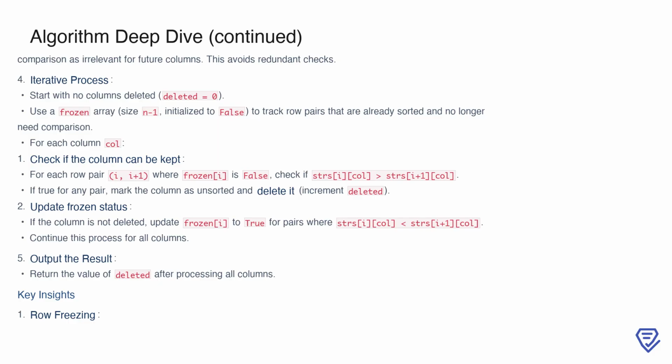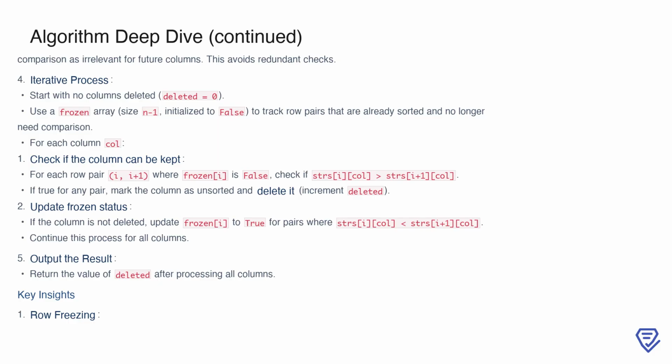If two rows are already sorted up to a certain column, we no longer need to compare them for future columns. We achieve this with an iterative process. First, we initialize the count of deleted columns to 0 and use a frozen array to track row pairs that are already sorted. This frozen array has a size of n-1, where each entry corresponds to a pair of consecutive